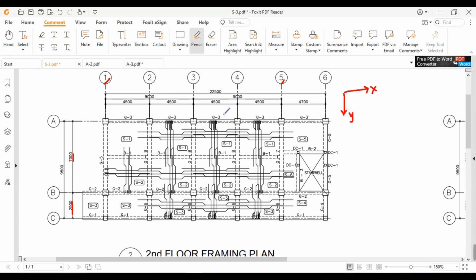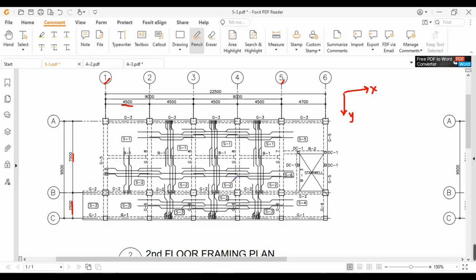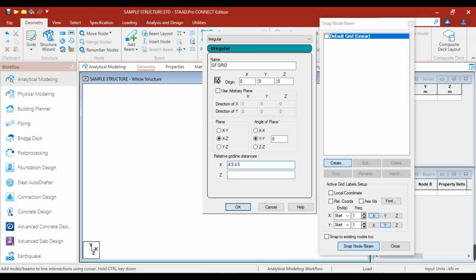First, we're going to input 4.5. Then, to separate the different distances, just use the space bar. Then let's proceed to the distance from grid 2 to 3, which is also 4.5. Space bar.